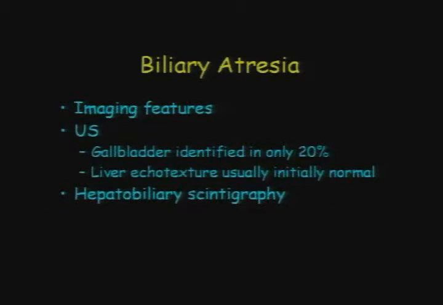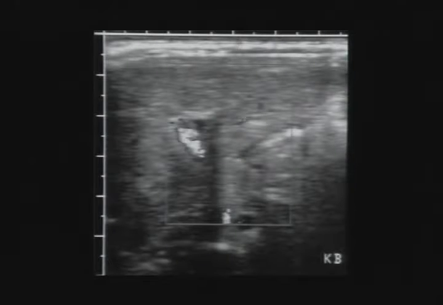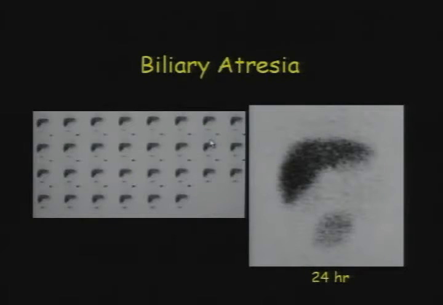At ultrasound, you usually can't find the gallbladder. Occasionally you can, but usually you can't. And the liver looks otherwise normal. So here's a child. Here we're looking at the portal vein, and we don't see a gallbladder. At liver scintigraphy, we can see that we never see any excretion out to 24 hours. There's a little bit of renal excretion that's normal with the IDA agents, but you never see any excretion through